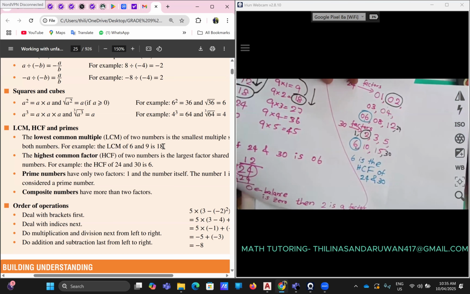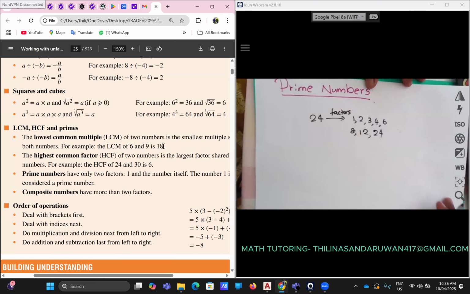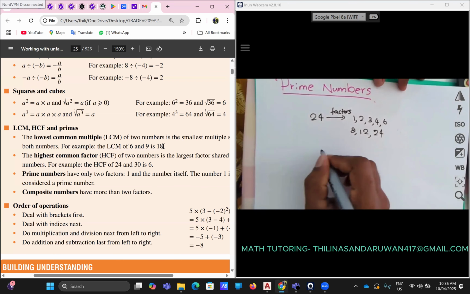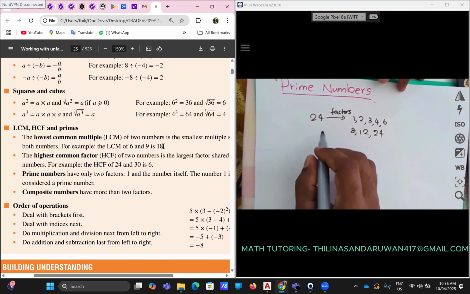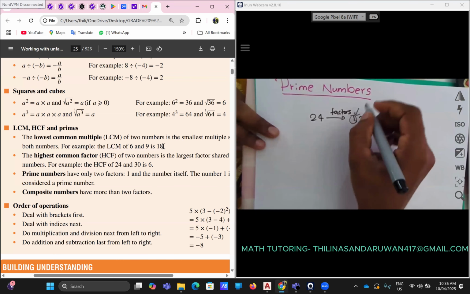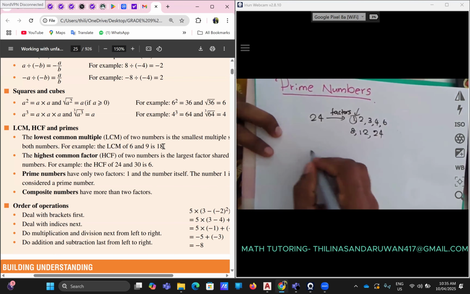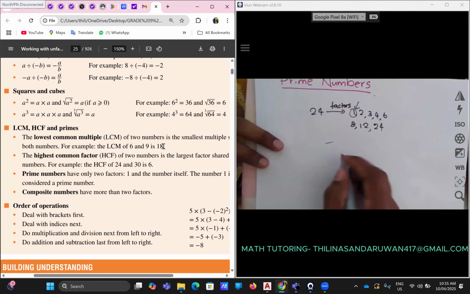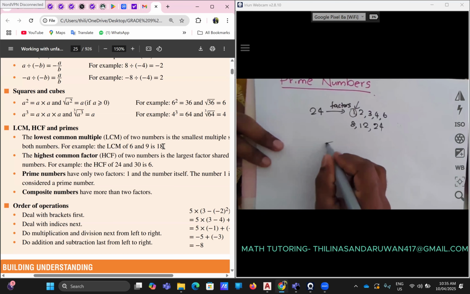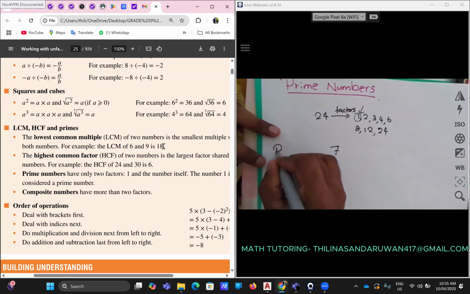And also 1, right? Well, a prime number means it has only 2 factors, the number itself and number 1, because number 1 is a factor of all integers. You can divide any number by 1 and you will get 0 balance. So they are the prime numbers. Let's say 7. 7 is a prime number because